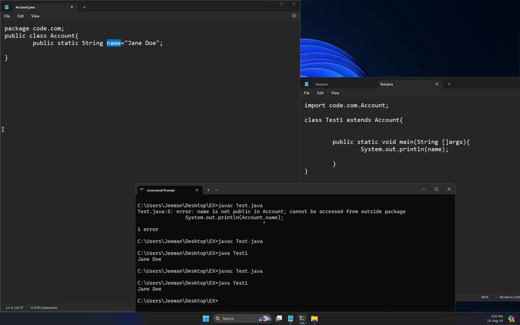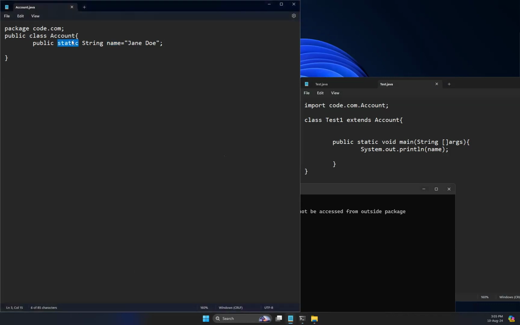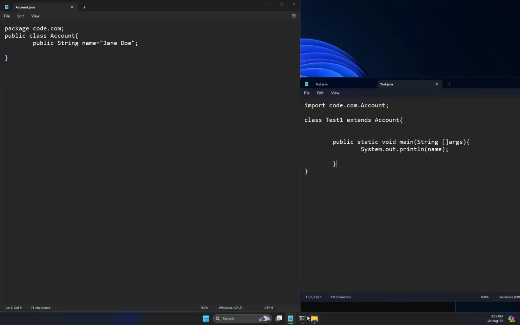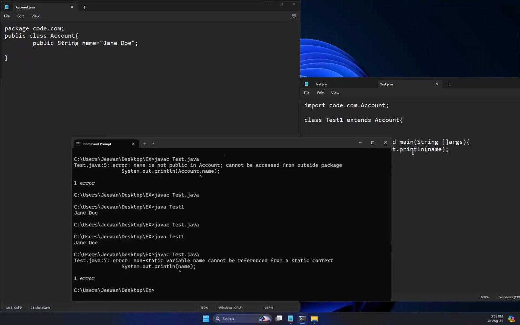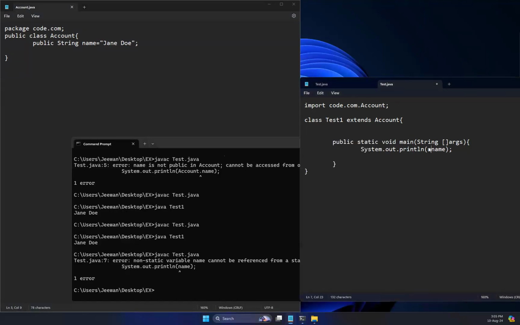Since it is a static variable, this test class here becomes a subclass of the account class. Therefore, it inherited the name variable, and that's how you access it, by just calling the name. But if it is not a static method, then you cannot call the variable name like this. If you try to run this, you will get an error saying non-static variables cannot be referenced. Therefore, in order to make it work, you have to